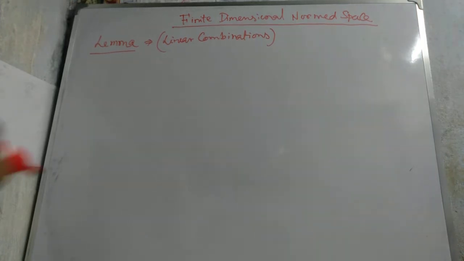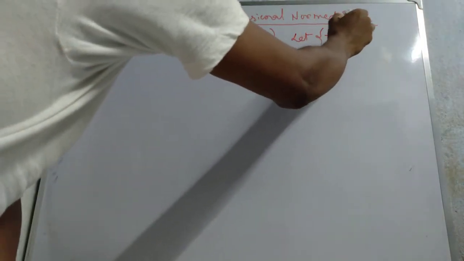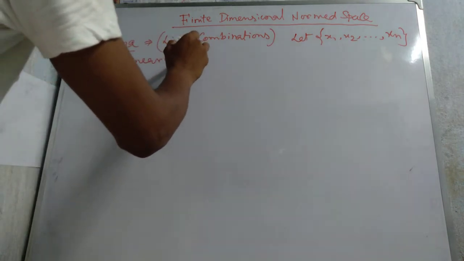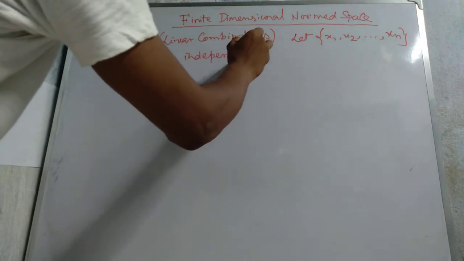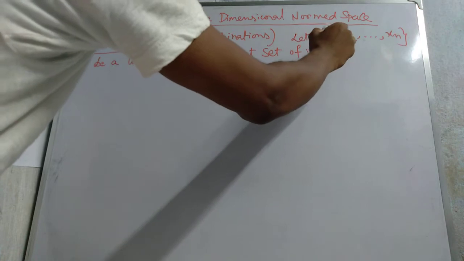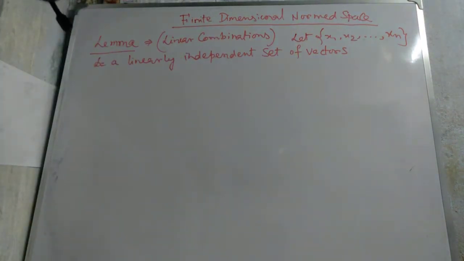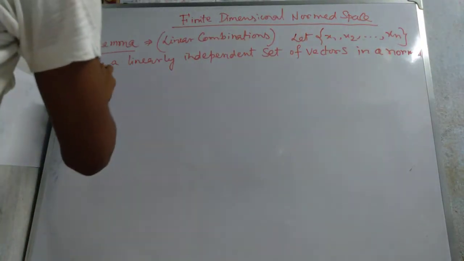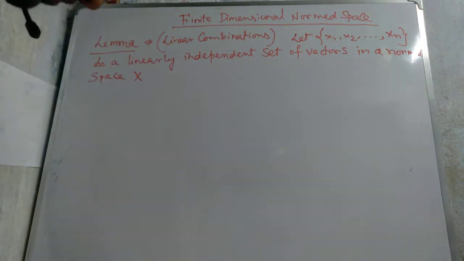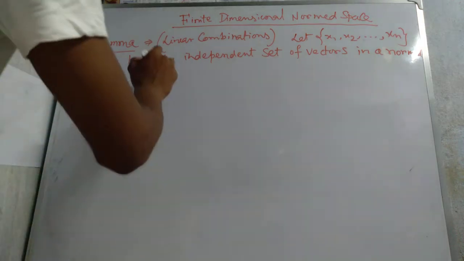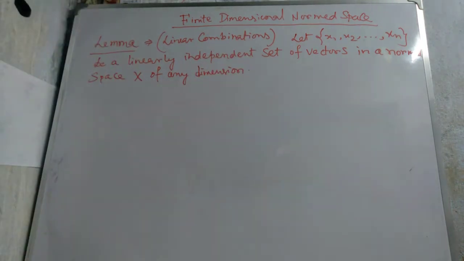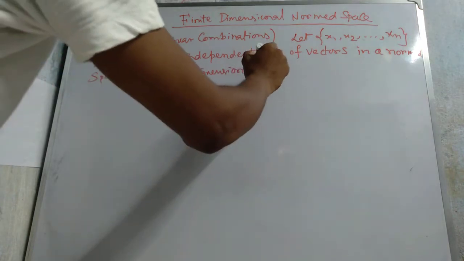First, the statement of this lemma. Let x1, x2, ..., xn be a linearly independent set of vectors in a normed space X of any dimension. Then there is a number c greater than 0